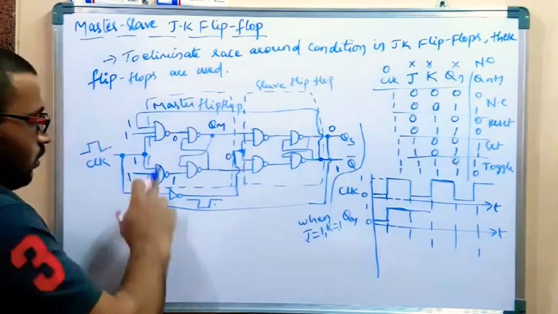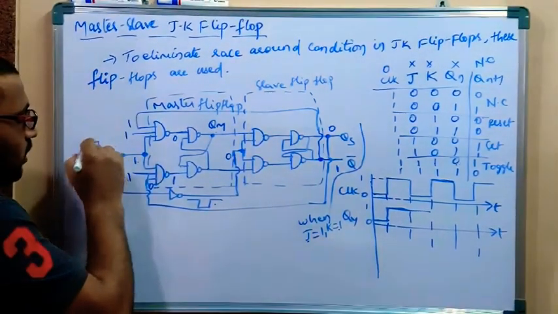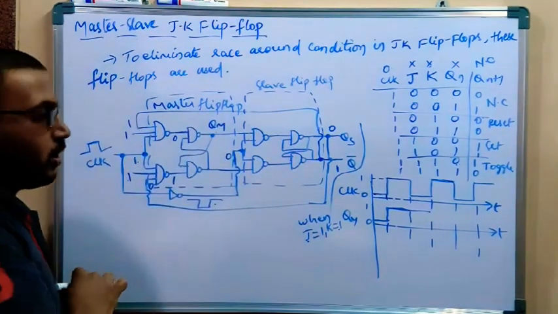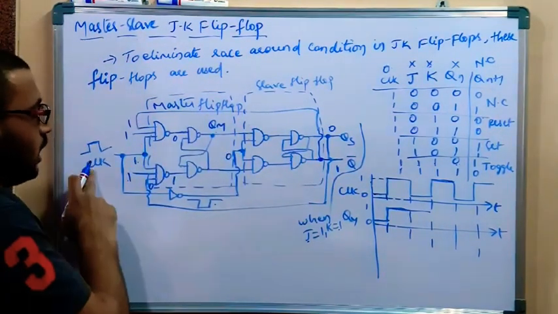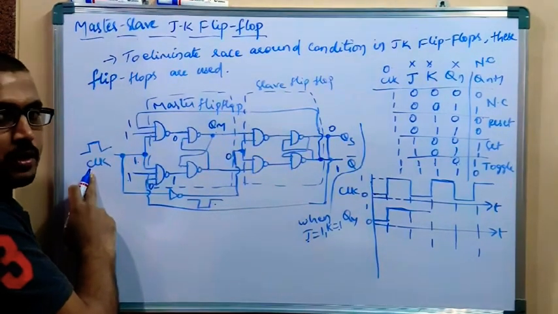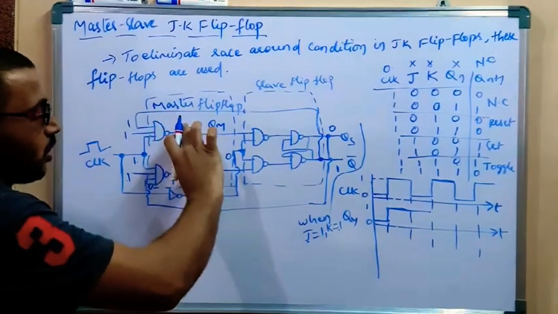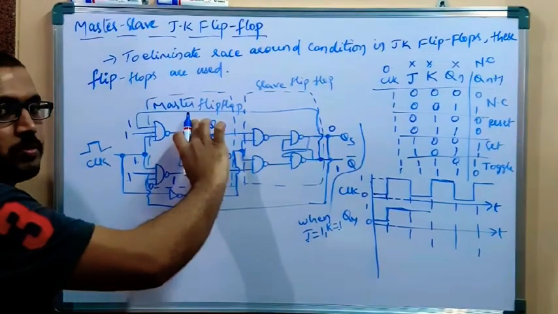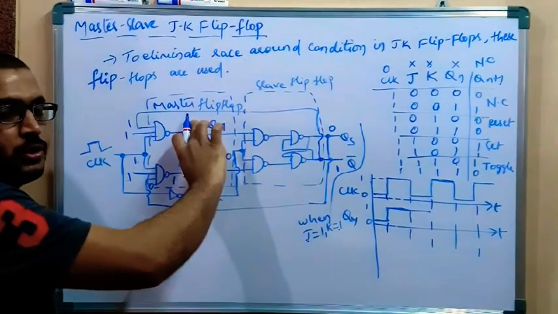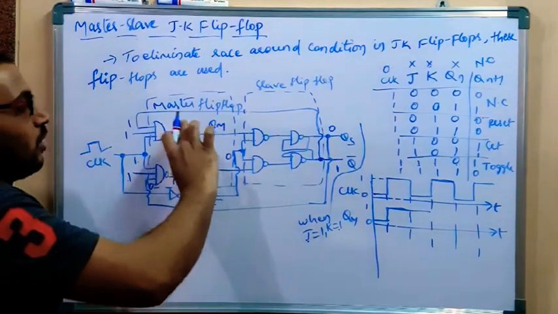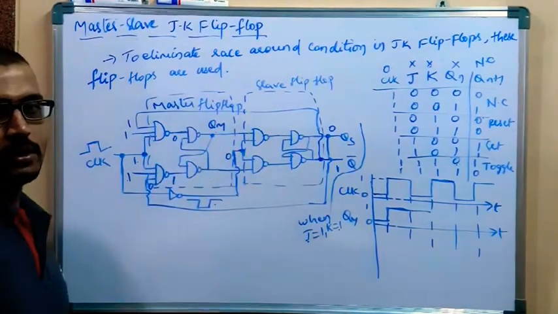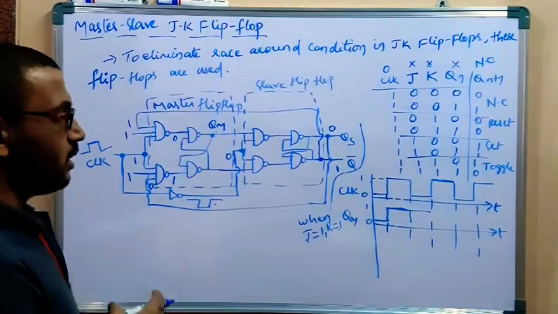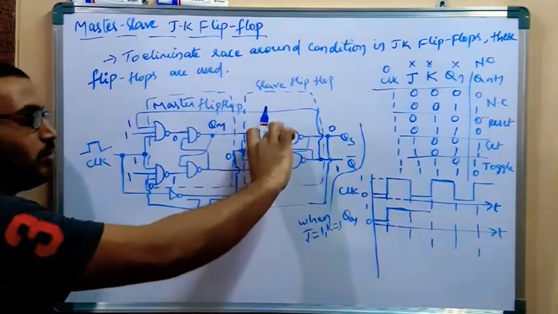Right? When there is a positive level, this flip-flop responds to the inputs. If negative level appears here, the meaning of this is the clock is not present. The clock is 0 for this master flip-flop. When the clock pulse is 0 for this flip-flop, whatever the past output it has, it copies the past output as it is. In the same fashion, you take slave.